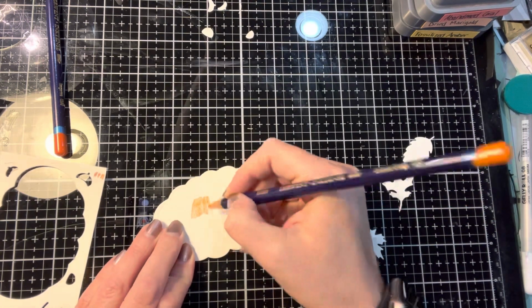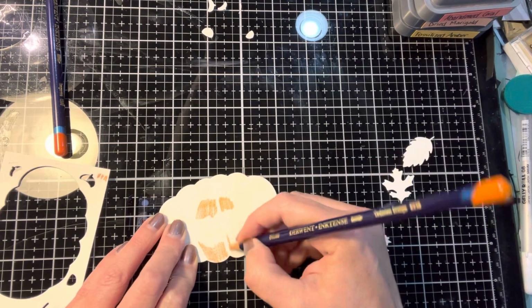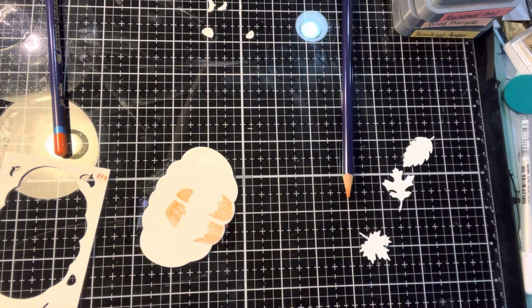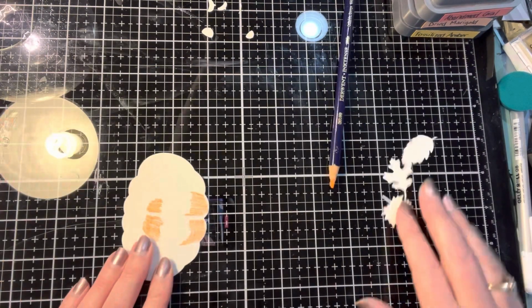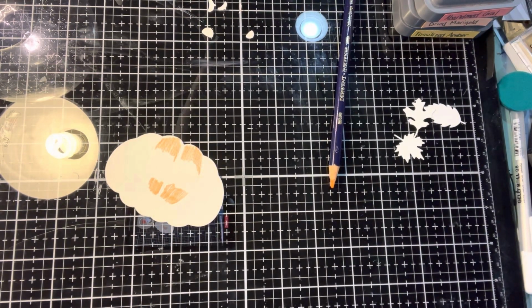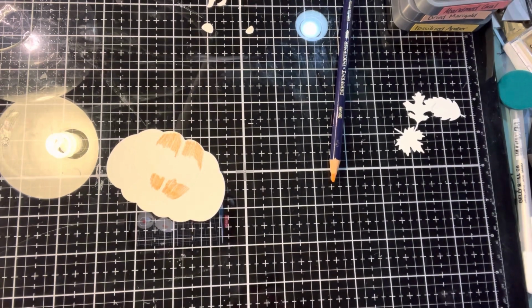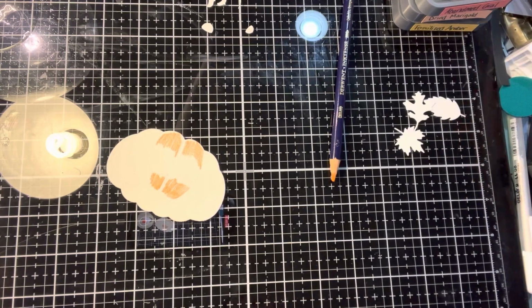So now I'm taking 3 different shades of Derwent Inktense Watercolor pencils. And I know that the second color that I use is tangerine. There's some kind of orange is the other one, and then burnt orange is the last one. But I started out with the lightest color and then the 2 middle sections of the pumpkin. And the key to doing this and getting a very good result on this is